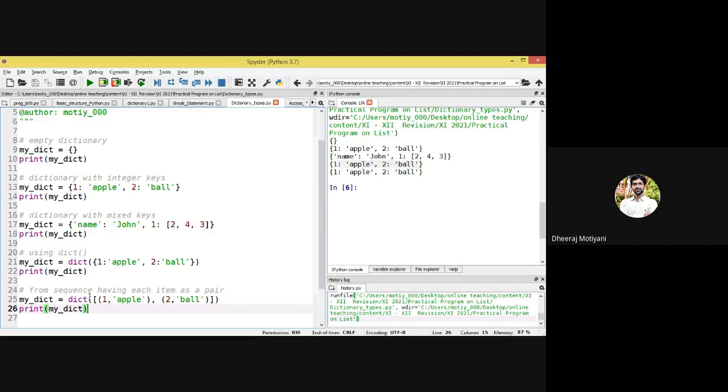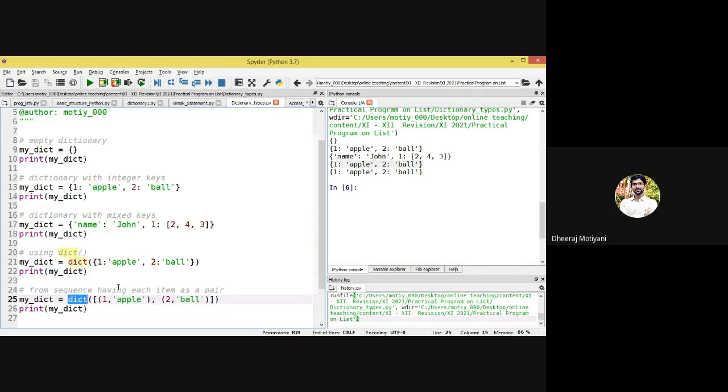Then you can pass a particular tuple. This is your tuple. Okay, which is immutable. You cannot change a tuple. Okay, and you are having key value pairs here, and it is becoming a list of two key value pairs, and you are passing it inside your dictionary.